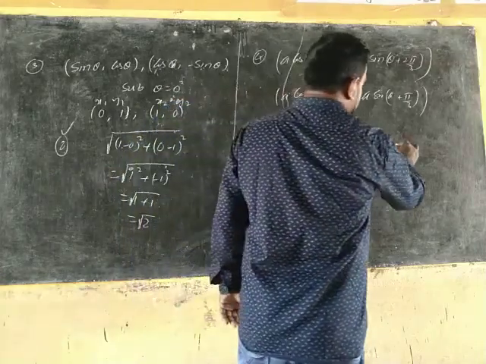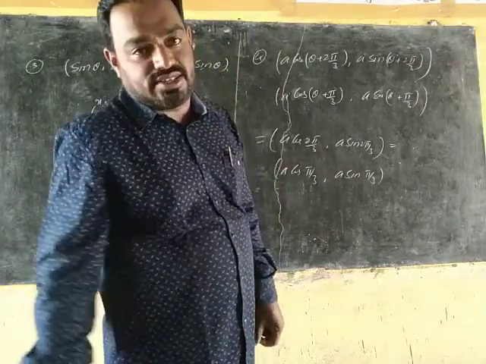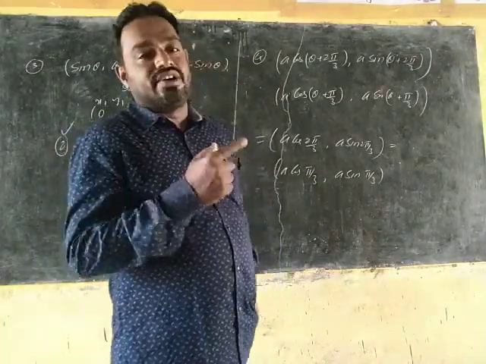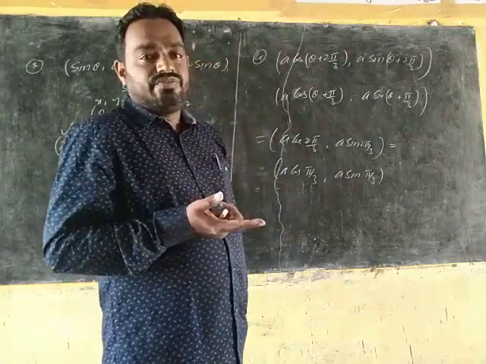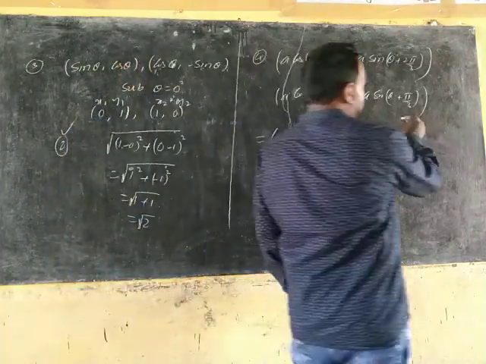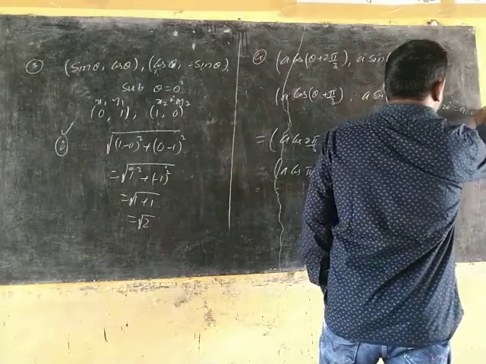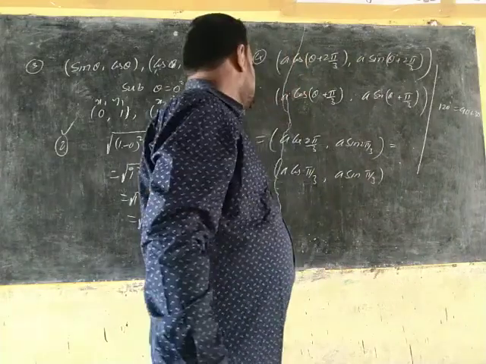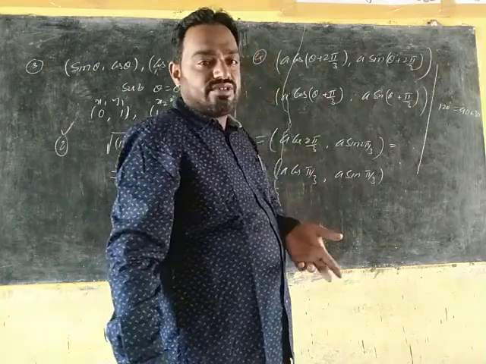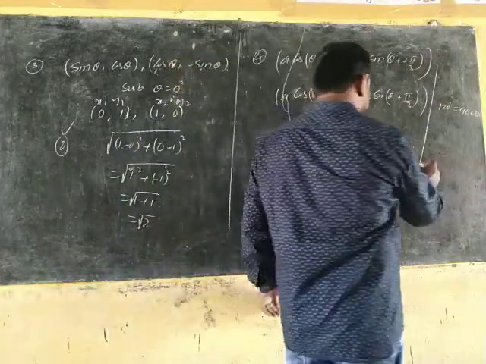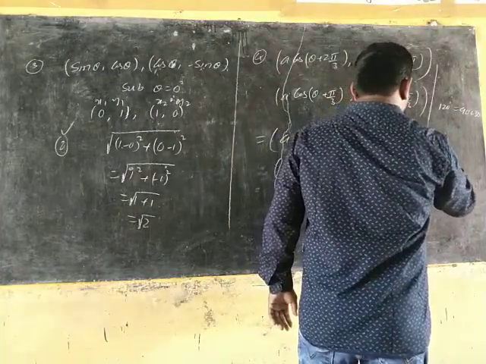Now for 2 pi by 3, pi by 3 value is 60 degrees. You convert into degrees, then it is easy for you. So 2 into 60 is 120, right? How will we write 120 degrees? 120 degrees is equal to 90 plus 30, no? Now cos of 90 plus theta is equal to what? Minus sin theta. So what we are getting is minus a sin pi by 3 here.